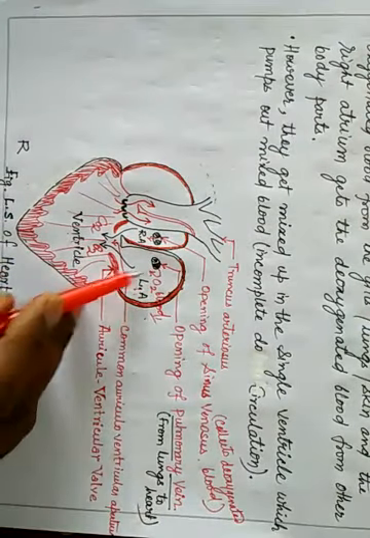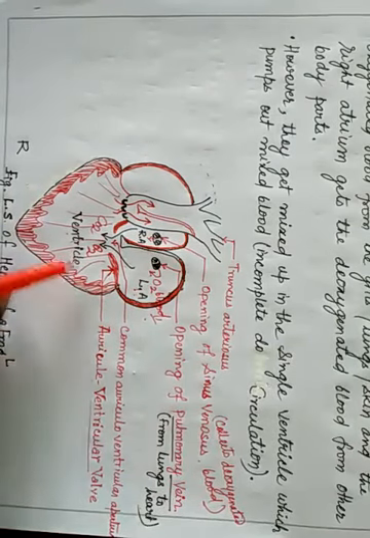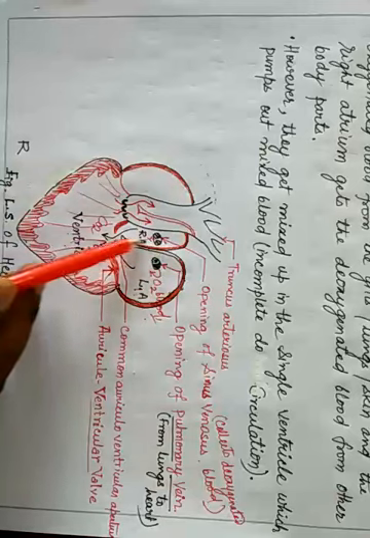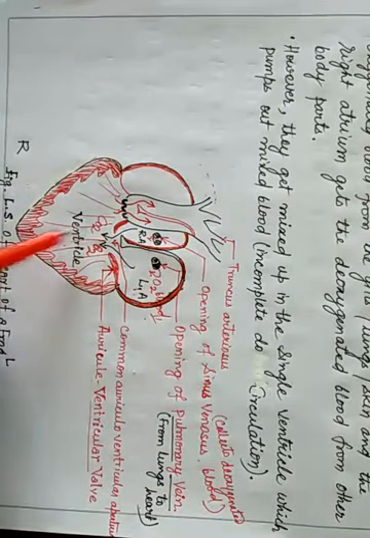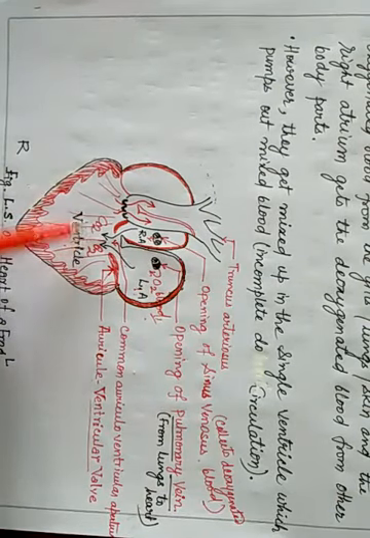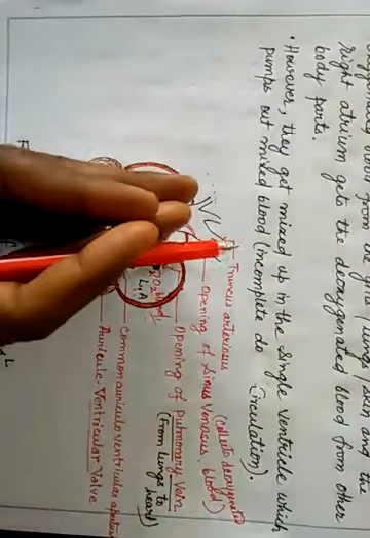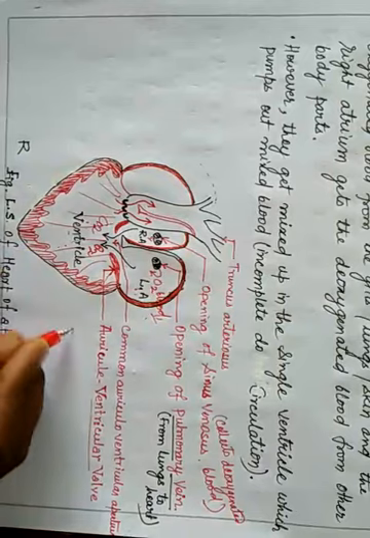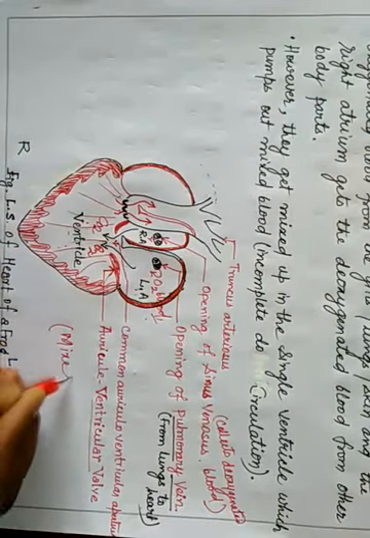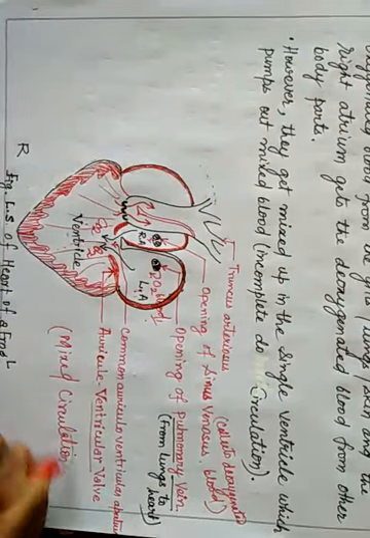And now you can see oxygenated blood is coming through this auriculoventricular valve to the ventricle, and this deoxygenated blood that is coming from the sinus venosus is also coming into this ventricle. That's why I have written CO2. CO2 means deoxygenated blood or carbon dioxide rich blood, and this carbon dioxide rich blood and oxygen rich blood will mix with each other. That's why such type of heart we call mixed heart, and such type of circulation we call mixed circulation. I hope you have understood mixed circulation.